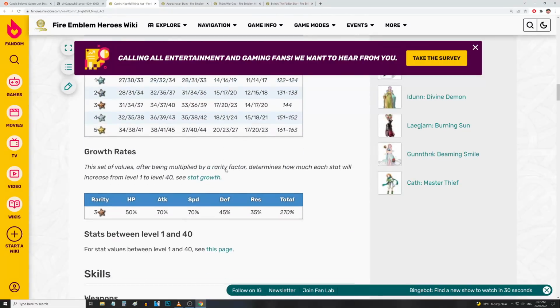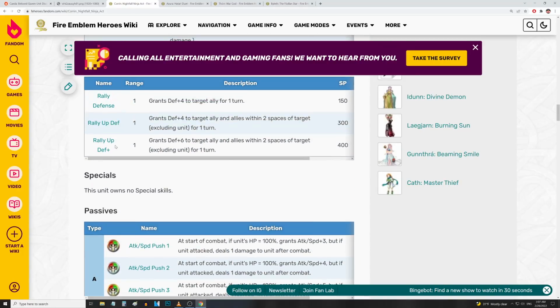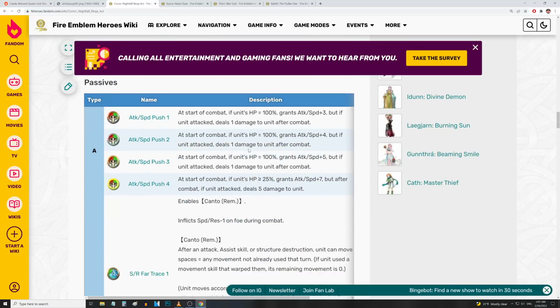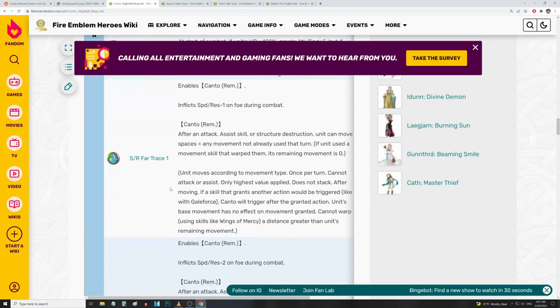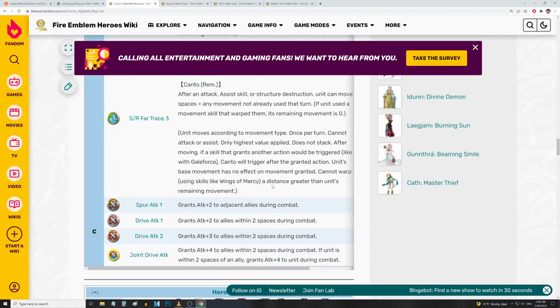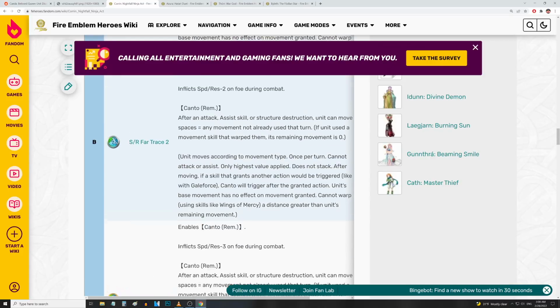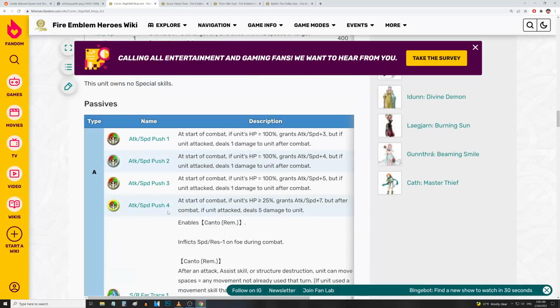She is a very good player phase unit, obviously. As far as fodder goes, she's got Rally Up Defense Plus. She has Attack and Speed Push 4. She has Speed and Res Far Trace 3. And then she has Joint Drive Attack. All very good skills. Speed and Res Far Trace, amazing for your cavalry range units. Joint Drive Attack, amazing on anybody. And Attack and Speed Push 4, I would say, is still the most consistent